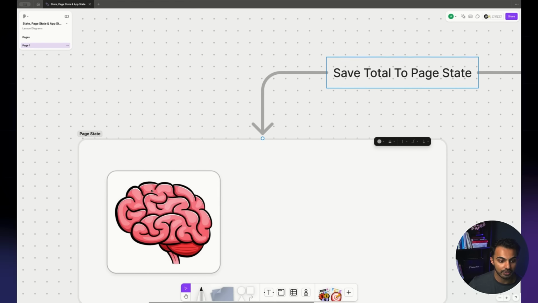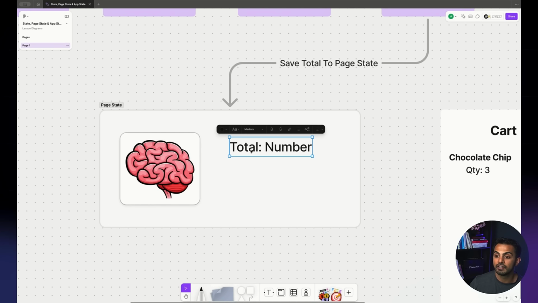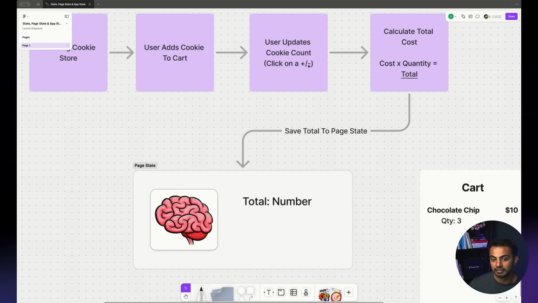So that's where the concept of the page state brain comes in, where we are going to have a variable here. This variable is going to be called total, okay? And we can define this in FlutterFlow. We can say, hey, keep track of a variable called total in page state, and I'm going to update you whenever I need to. So we have total, and it's of type number. You learned about data types earlier in this masterclass. So you have total number, and then we're going to update this value whenever that user clicks on plus or minus. So this is our mini brain that we're using to keep track of the total.